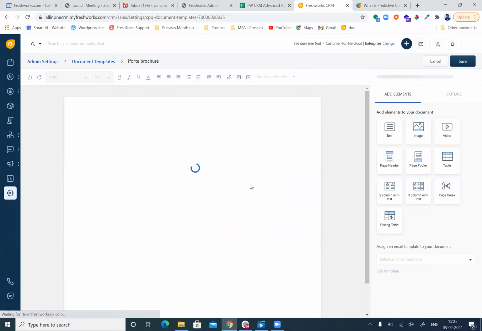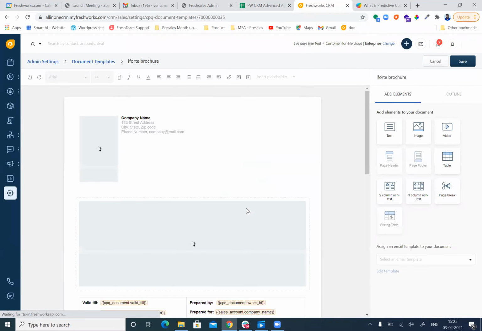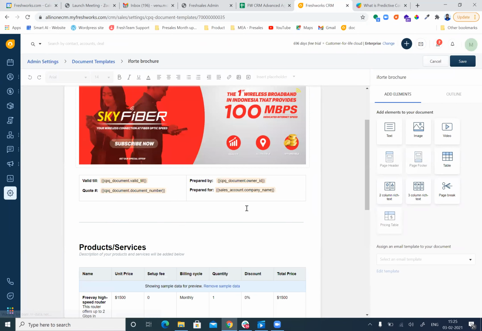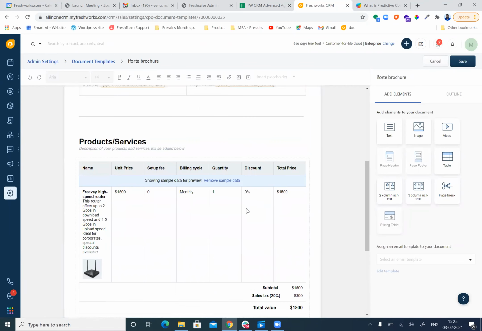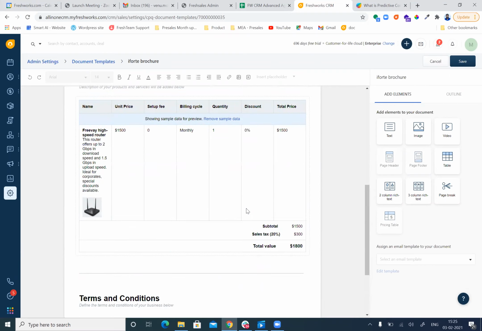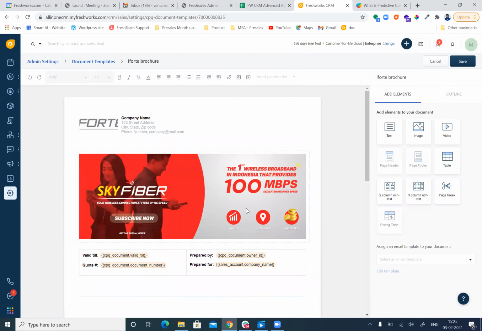You can edit your quotes, and you can use the same for sending this to the customer directly. Wow, very nice. So you can even convert to PDF, right? Yes.